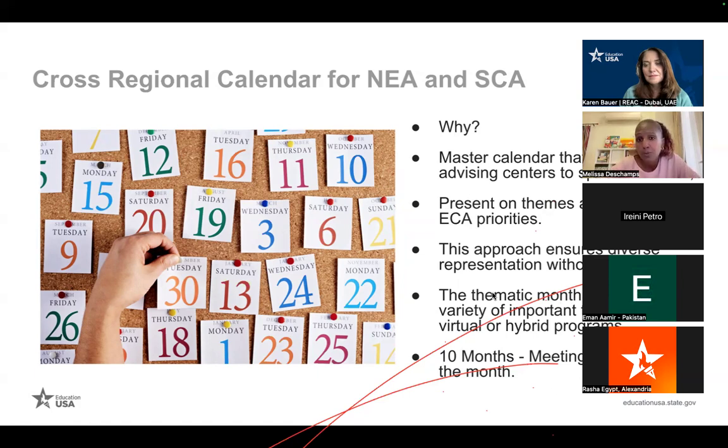So we want to make sure that we're also not just working smarter, but that we're also promoting collaboration between advisors, between different centers, so that you also get an opportunity to lead and learn from one another. We have a variety of themes that are key for us all as a network, and also as an ECA broader branch to highlight. And so some of those things are aspects we want to make sure are incorporated in the schedule. And then we want to make sure that there are different levels of tenure, right?